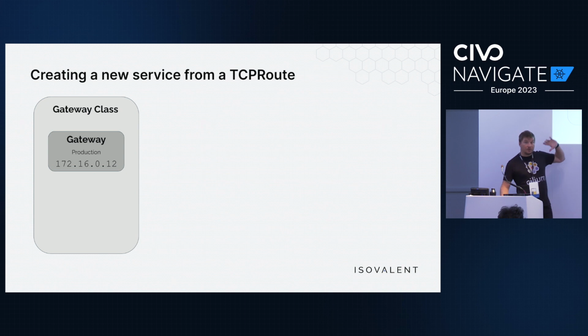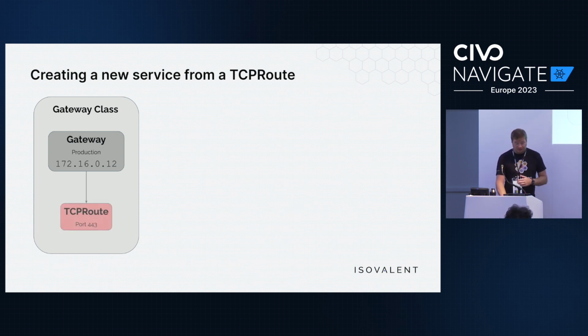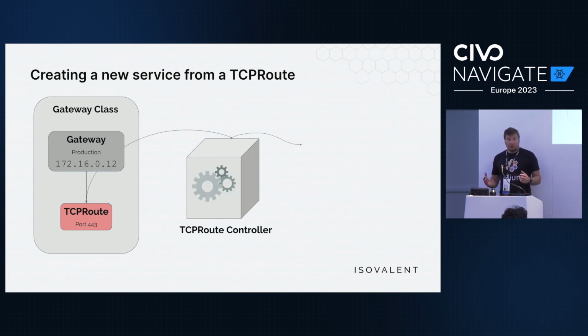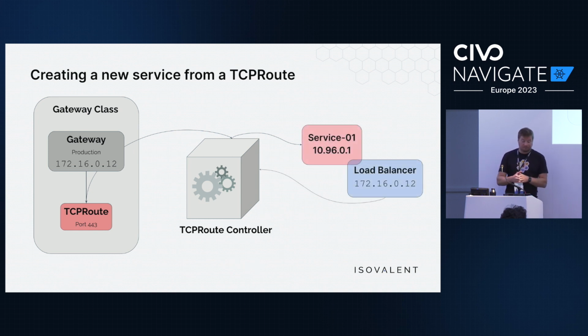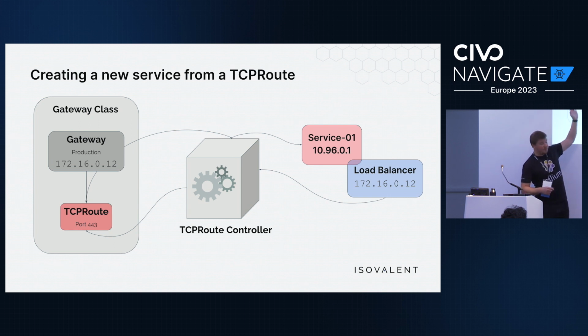So something understands the network, something has given us that IP address. We now can bind our routes to that gateway. So we've added in a TCP route, which will point to a backend service. That route is port 443. We have our TCP route controller now, and that will need to do some additional logic. So what will that do? On an on-prem perspective, that will configure our service to use the gateway IP address, attach that to the load balancer side of the service,